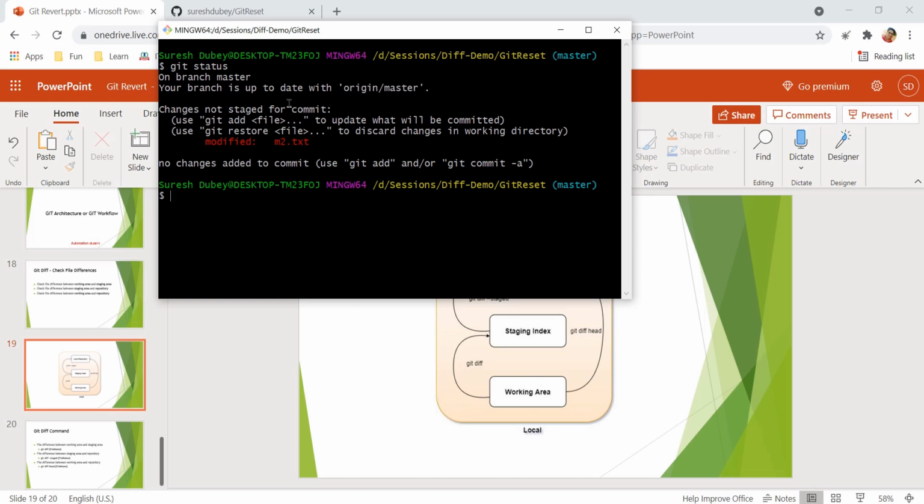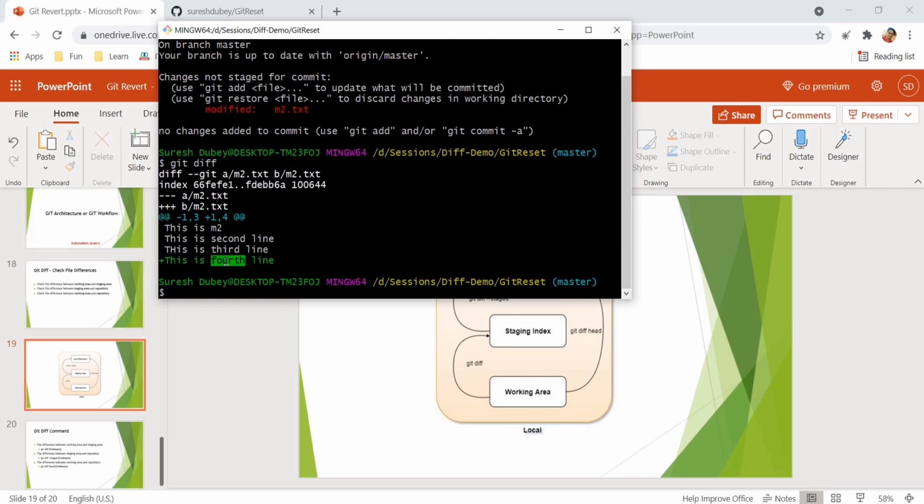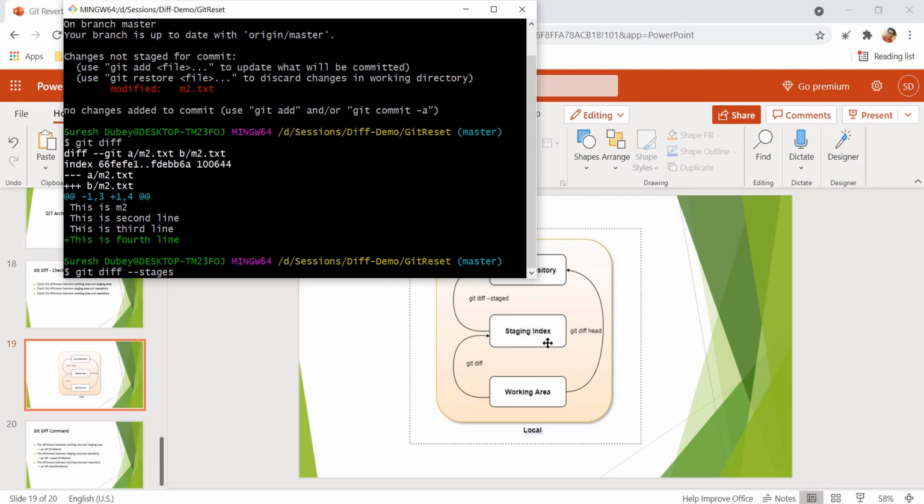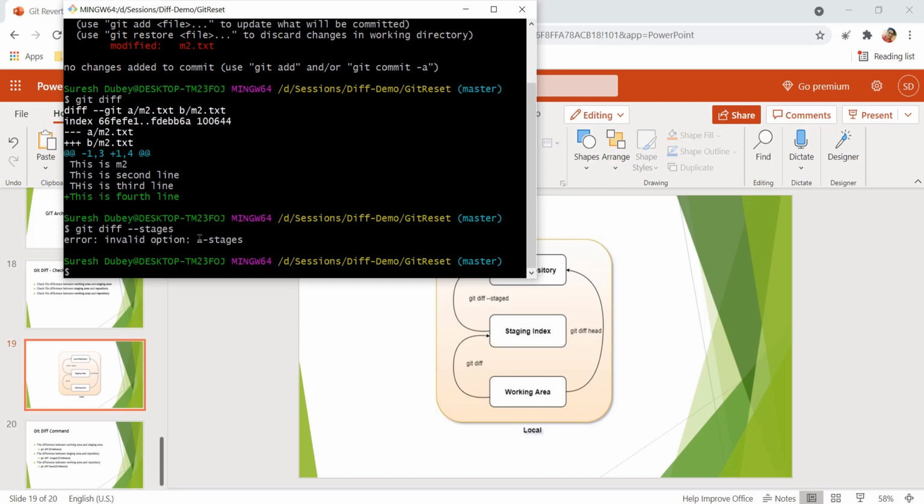Let's clear the screen and check status. So I have nothing in my staging index, right? That's why it is very important where you are currently. I don't have any file or anything added in the staging index. So currently I'm in the working area, and as we saw, git diff is telling me that the fourth line has been added. Here if I use git diff staged, which is basically to compare the file difference between staging index and repository, right? But we have not added anything to our staging index, so it will not tell you any